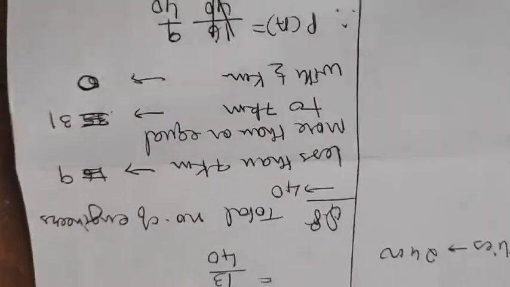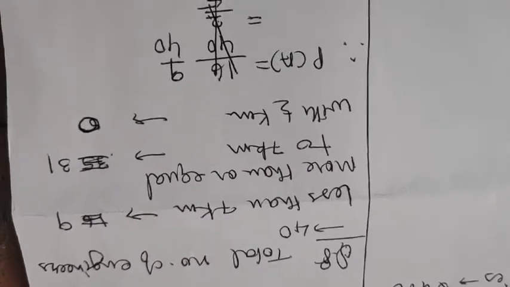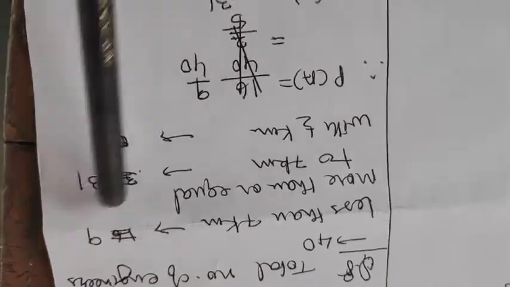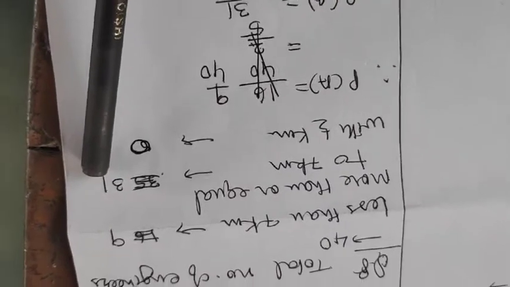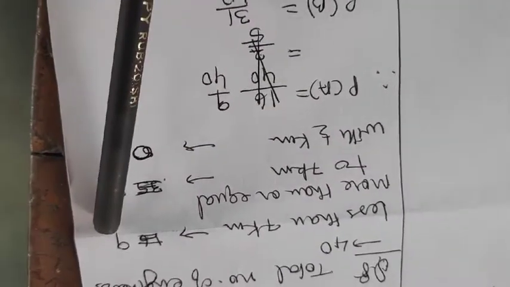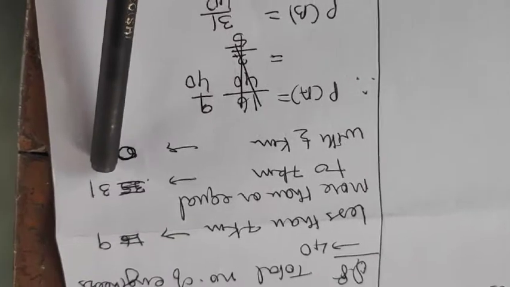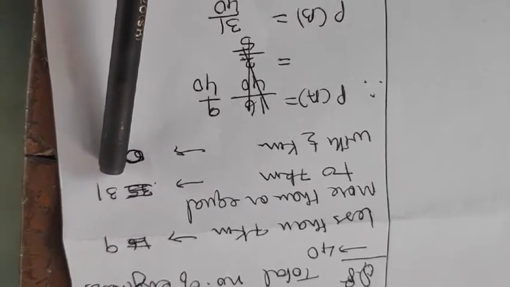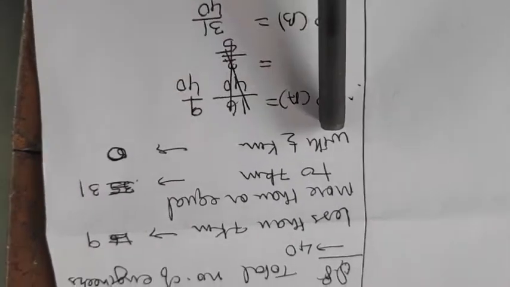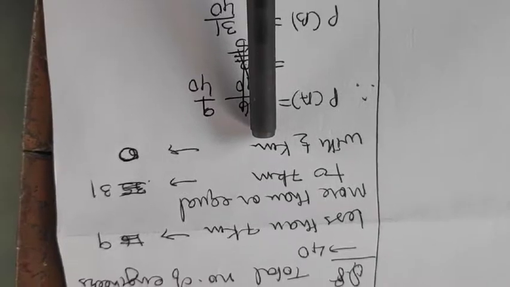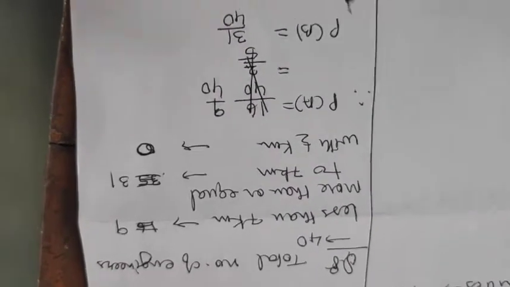So if you want to work out the sum completely, the sum would look like this. Total number of engineers 40. For the first case, less than 7 kilometer, I told you 9 engineers were there. So 9 upon 40, you cannot reduce it. Second situation, more than or equal to 7 kilometer, there are 31 of them, because I told you out of 40, if 9 are staying less than 7 kilometer, remaining 31 are staying more than or equal to 7 kilometer. So 31 upon 40, again you can't reduce it. Third, within half kilometer, okay, it is to be read as within, not with.